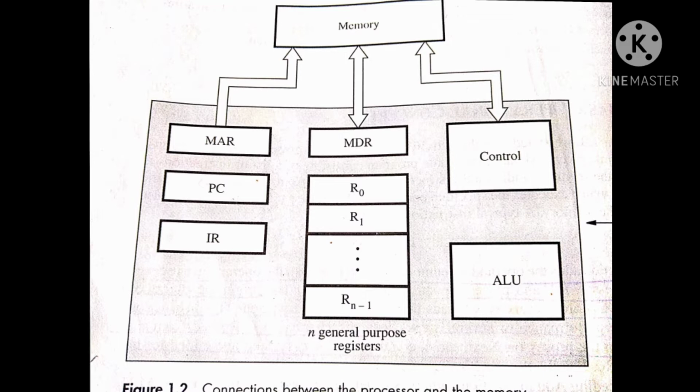So what this control unit does is generate the timing signals that control the various processing elements involved in the execution of the instruction. Each and every instruction we execute has a timing signal incorporated in it, because without the timing signal, the instruction that is currently being executed would take a longer period of time. That's the reason it generates the timing signals that control the various processing elements involved in the execution of the instruction.